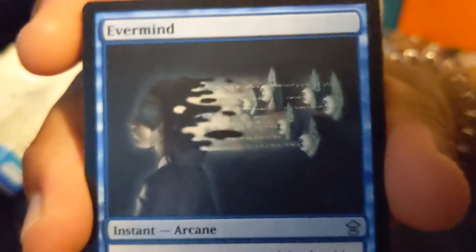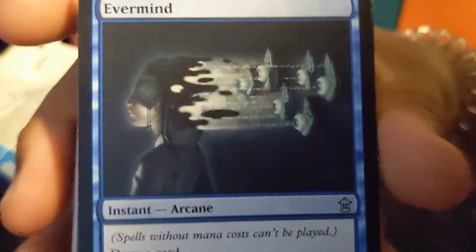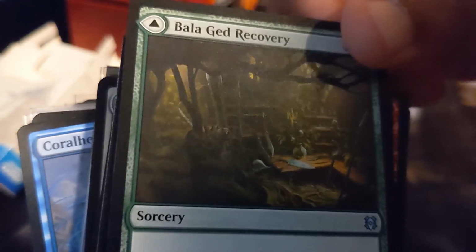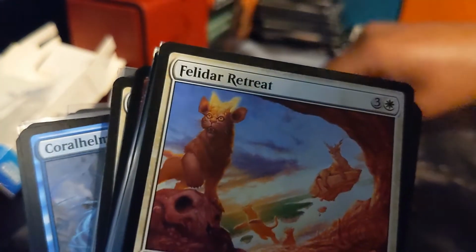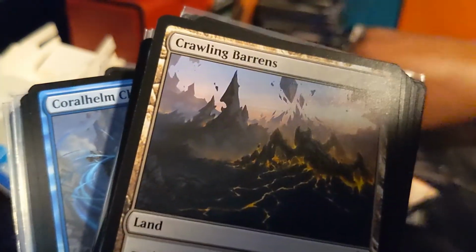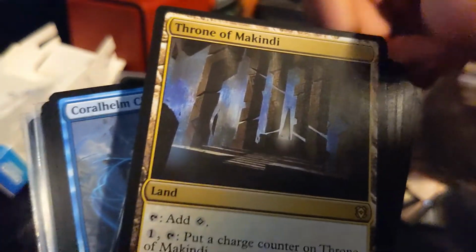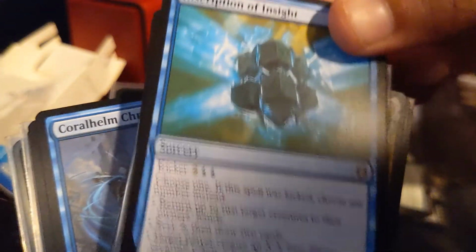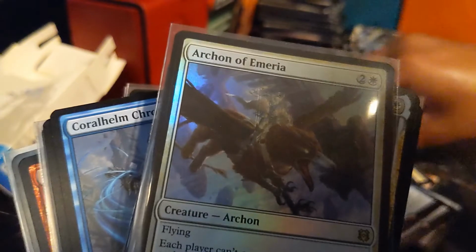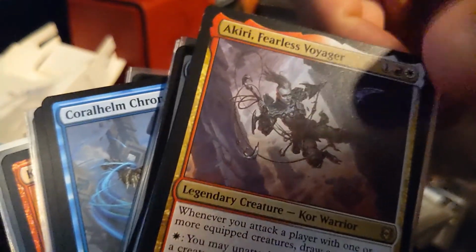Okay. So we're going to go through this. These are all the good cards or just fun cards and rares that I pulled. So I got an Evermind, Simian Spirit Guide, Worn Powerstone, Ball of God Recovery, Relentless Rats, Relic Veil, Relic Robber, Felidar Retreat, sorry, Glasspool Mimic, Crawling Barrens, Throne and Margaret, Malkindi, Lotus Cobra, Inspiration of Insight, Myriad Construct, Confounding Conundrum, got two of those, Archon, the Fearless